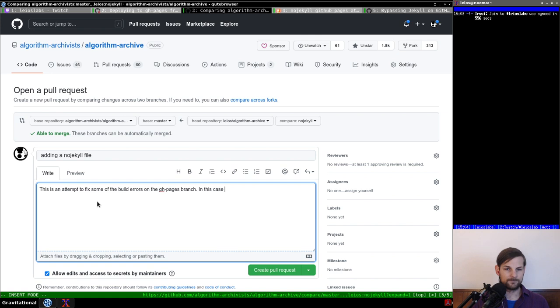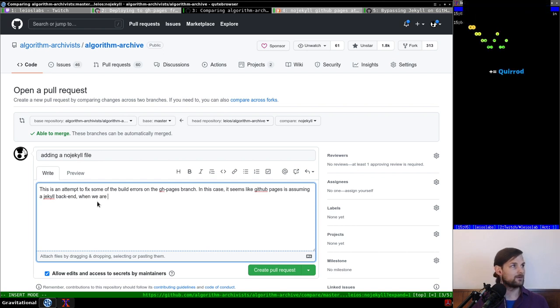In this case, how do I put this? Hey Henry, how are you? In this case, it seems like GitHub pages is assuming a Jekyll backend when we are clearly not using HonKit. Oh, I misspelled backend. In fact, does it have a dash? I don't know. Backend when we are clearly not using